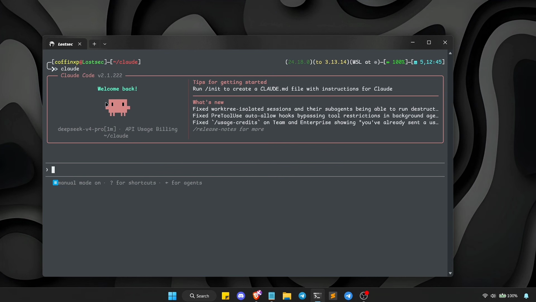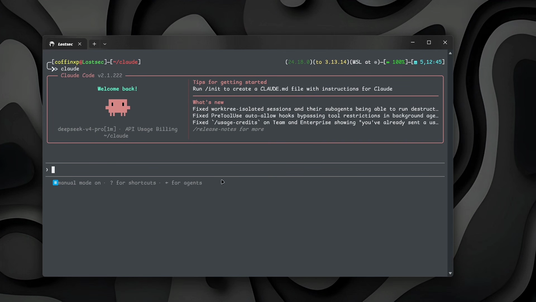Hi everyone, in this video I'm going to show you how to transform Claude Code into an incredibly powerful AI-powered bug bounty assistant using the DeepSeek models. We'll start by setting everything up from scratch, and then I'll walk you through the exact workflow I use during